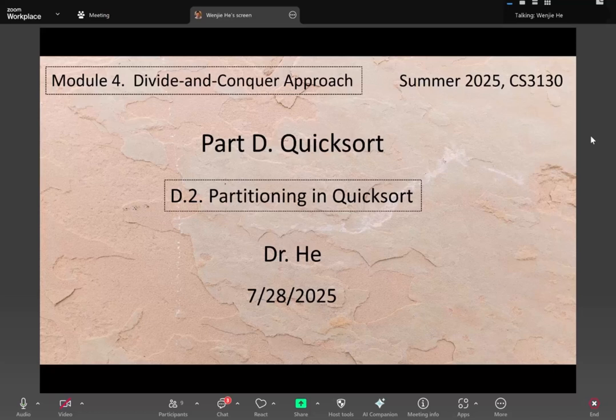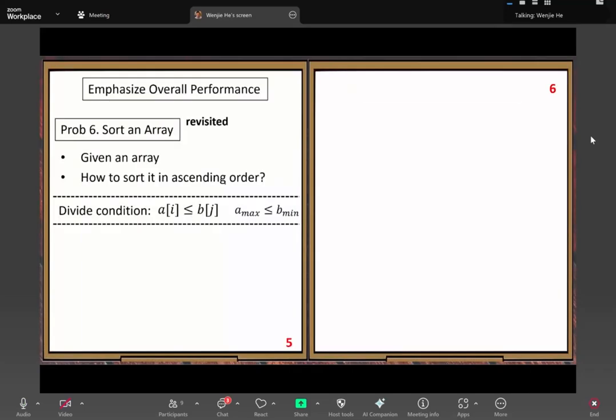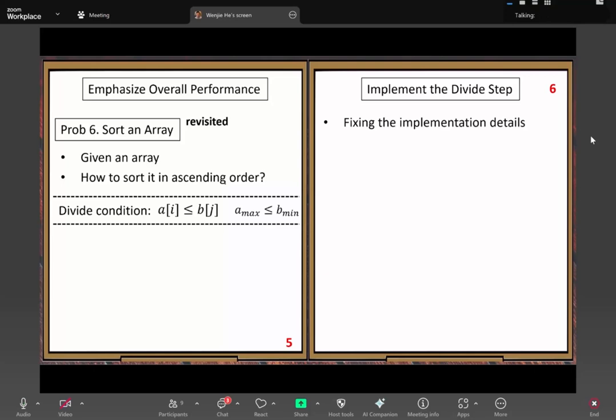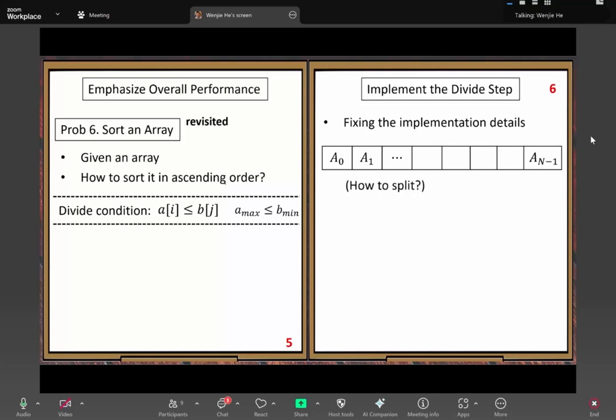This is the partitioning in Quicksort. Now we need to understand the details, how to make that happen. Implement the divide step. We need to fix the implementation details. Here, there is some technical problem you need to solve. So this is an original array. When we do the split,